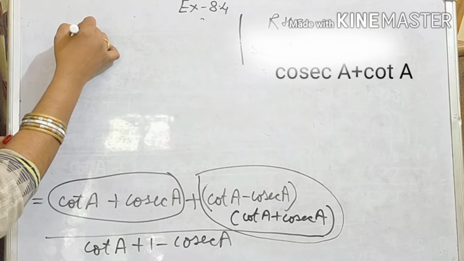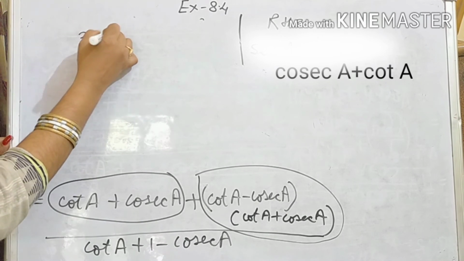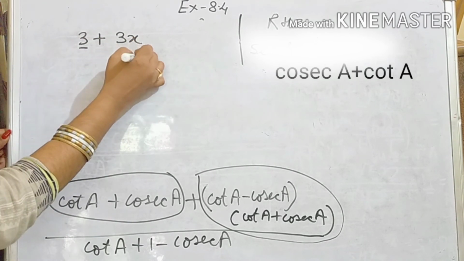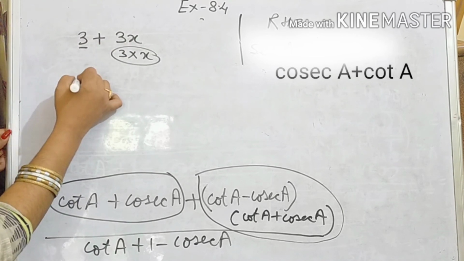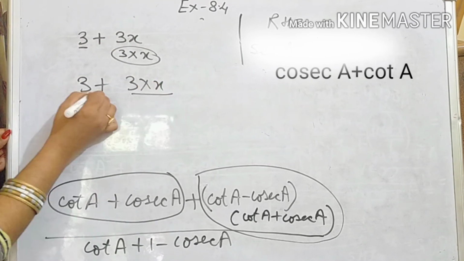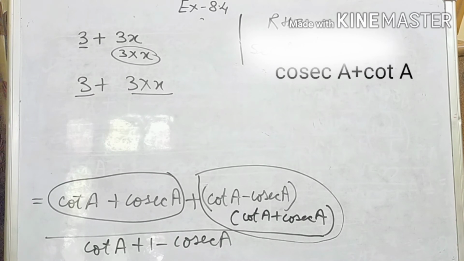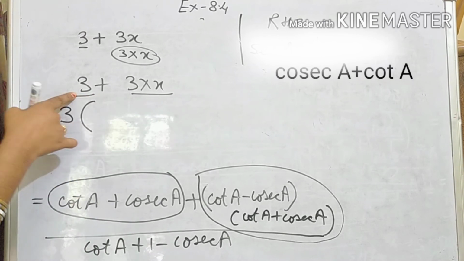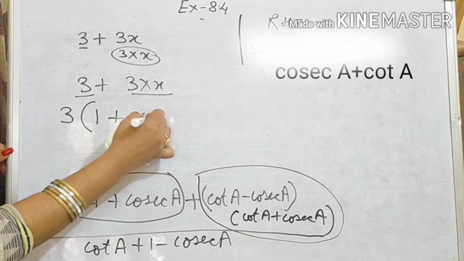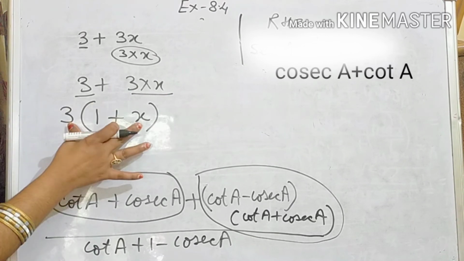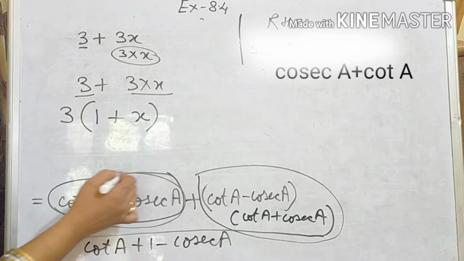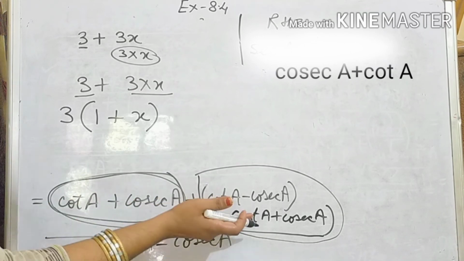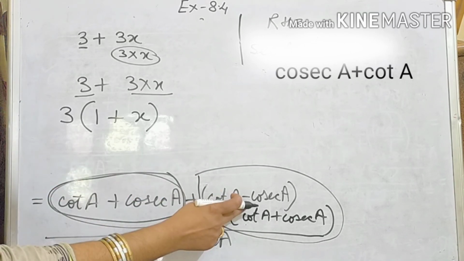Suppose you have a number like 3 plus 3x. Here it is 3 and here it is the multiplication of 3 and x, right? And if you want to take the common from these two terms, the common is 3, and you get 1 inside from here, and from here it should be x. In the same way, just look here, this is, let's say, 3, just for example, and this is 3x. So if I take common 3, we'll get 1 plus x, right?